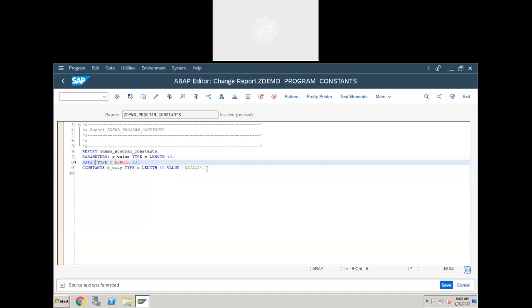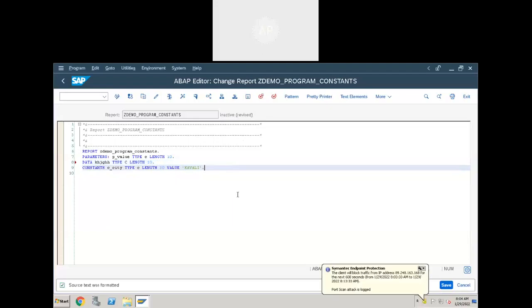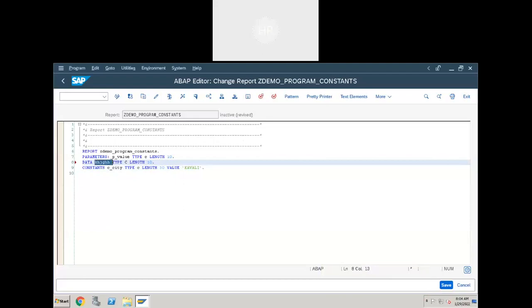When you open the source code, it will work. I'm not saying it's not going to work. It will definitely work. But when you look at the program, when you are writing the program, how can you know what this value is? What is this variable for? There is no proper meaning for this name. For that reason, we are using